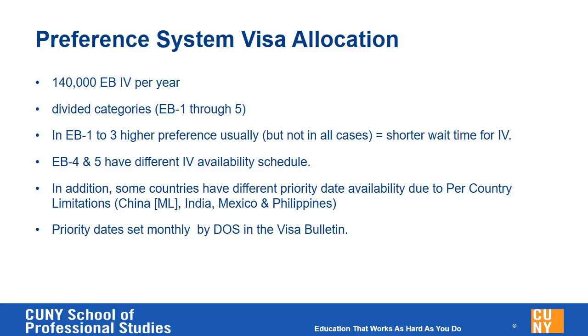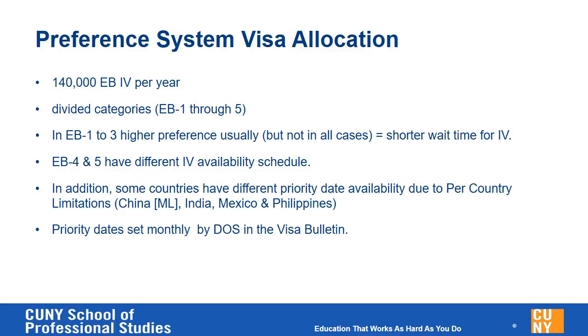In addition, the law prescribes that, in addition to receiving a green card based on a preference, there's also a limitation in the law that no country can receive more than 7% of the overall green cards allocated in any year. This is very, very